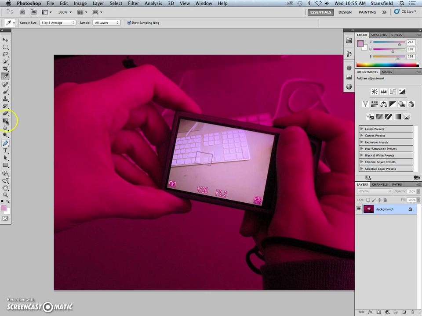So here's what we're going to do. We're going to grab the eyedropper tool right here. In this case, we're going to select 3 or 5 by 5 up here. The default is point sample. We want to change that because the point sample isn't really going to give us the information that we want. In this case, I'm going to choose 5 by 5 with this image, but 3 by 3 is probably better